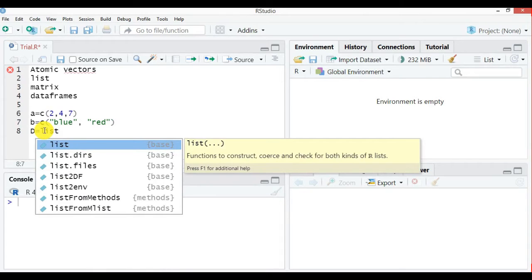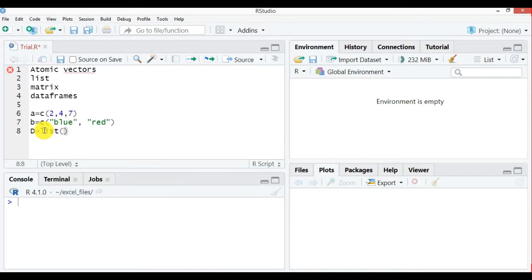This is the keyword which will identify that it has to save these values in D and they can all be of different types. So I am giving 2, say red. Red being a character, I have to give it in double quotes. But 2 being a number, I have given just like that.